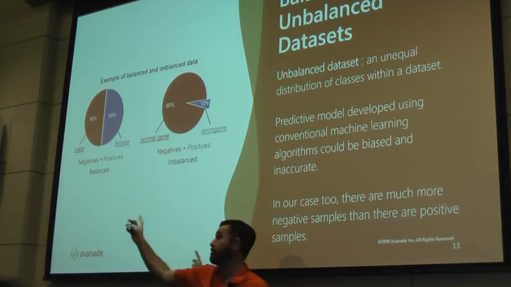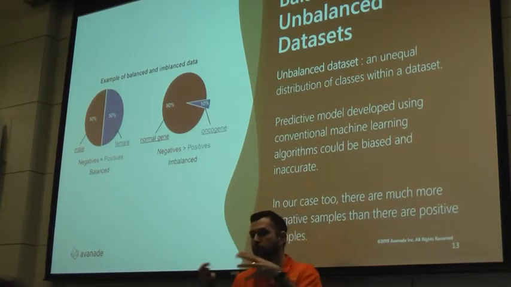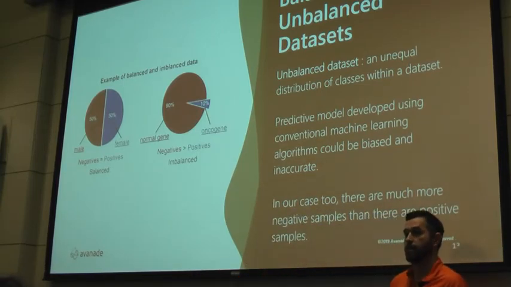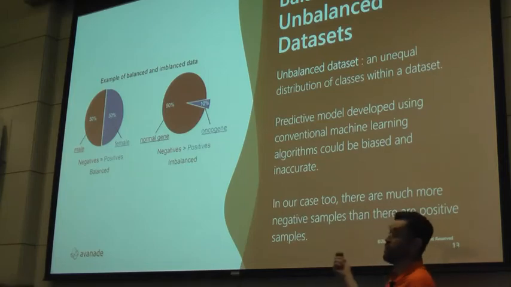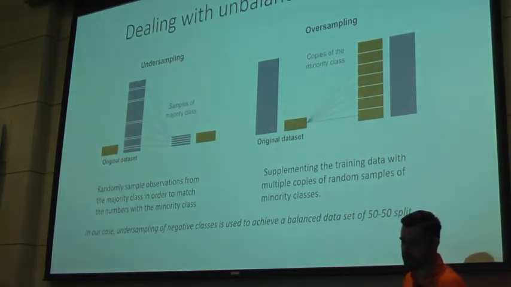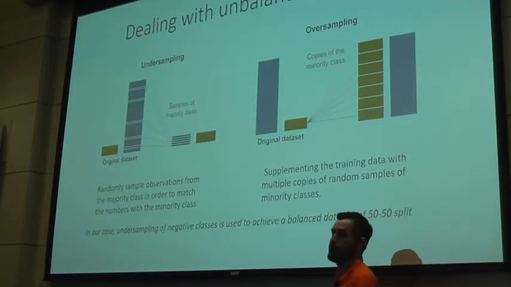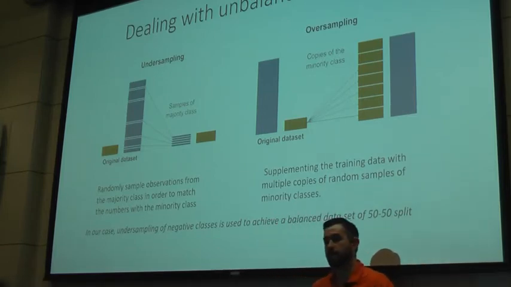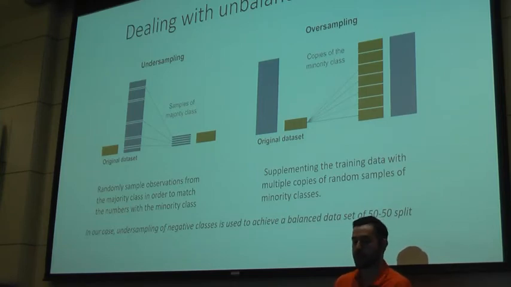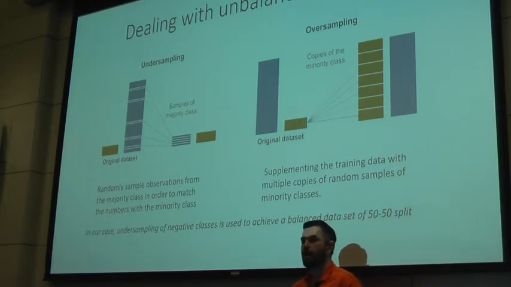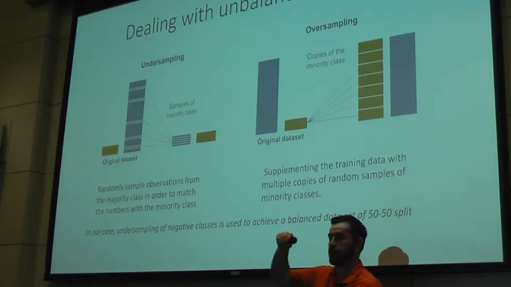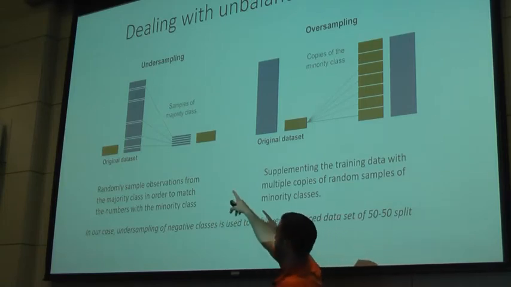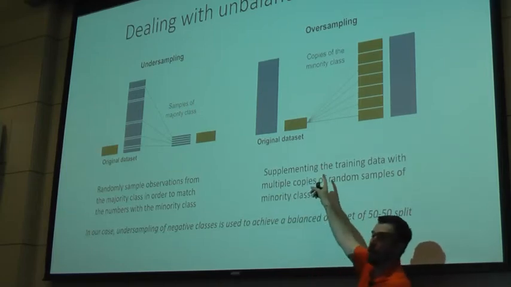You want to actually start trying to give it 50-50, right? But the real world might not have 50-50. So you might have to take a subsection of it, and you start fabricating that data set yourself. So there's a couple techniques depending on what side of the equation you're trying to do. You can do undersampling or oversampling, but essentially it's kind of the same thing. You take sections of the most predominant type of data set, and you try to match it with the other